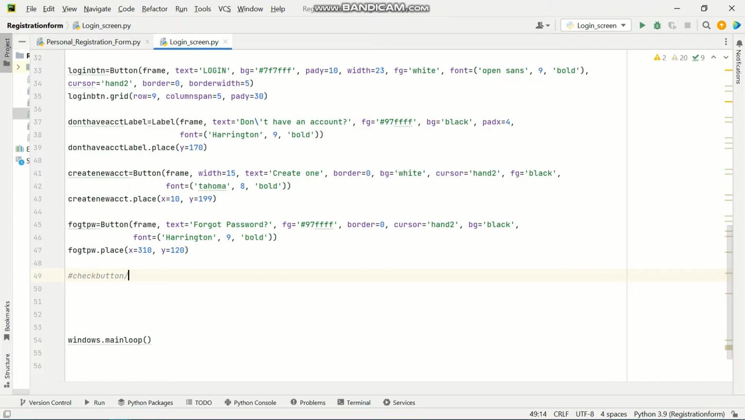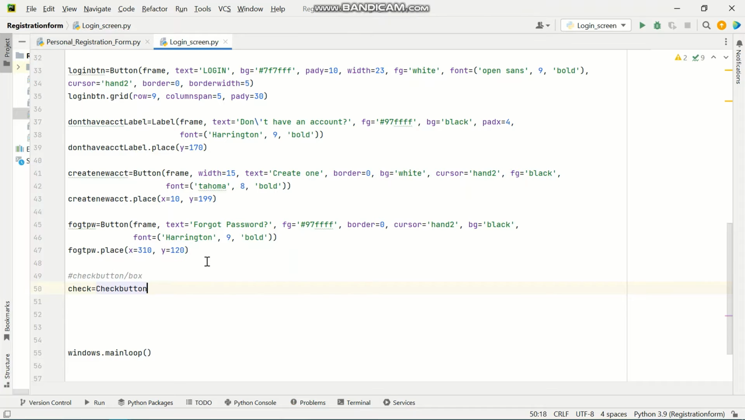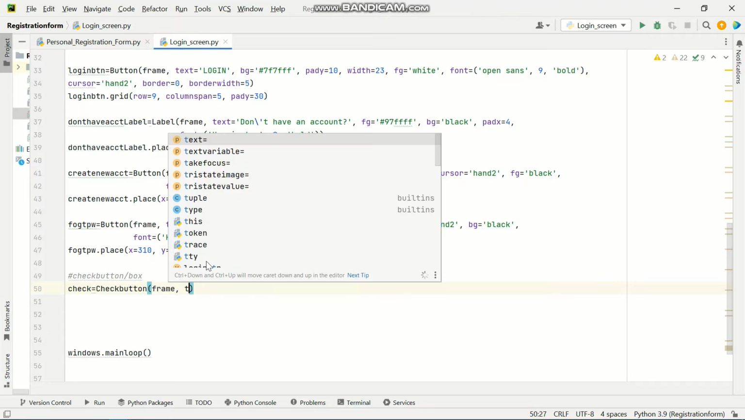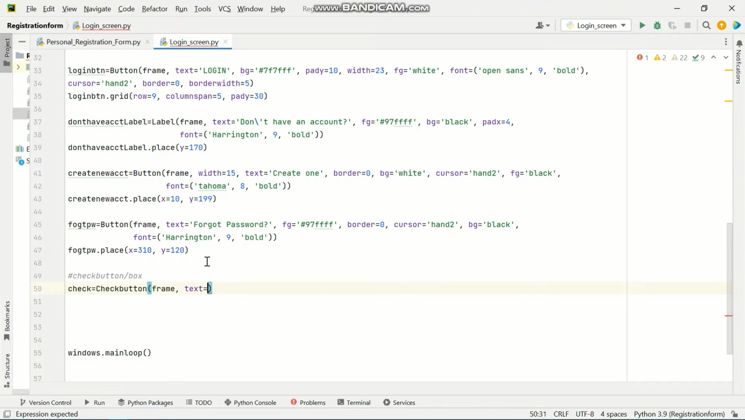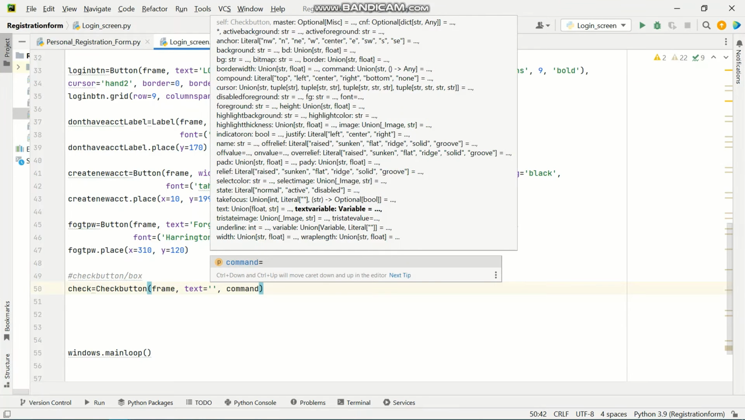Or you can just say a box, just a box you tick on. And I'm going to just give it a name, check. So this is just a variable holder, or a value holder rather, sorry. And then it is a check button, okay? And then this is going to be in our frame. And the text, we do not need a text on it. We just want it to be plain. I do not need to write anything specifically on it. And then,